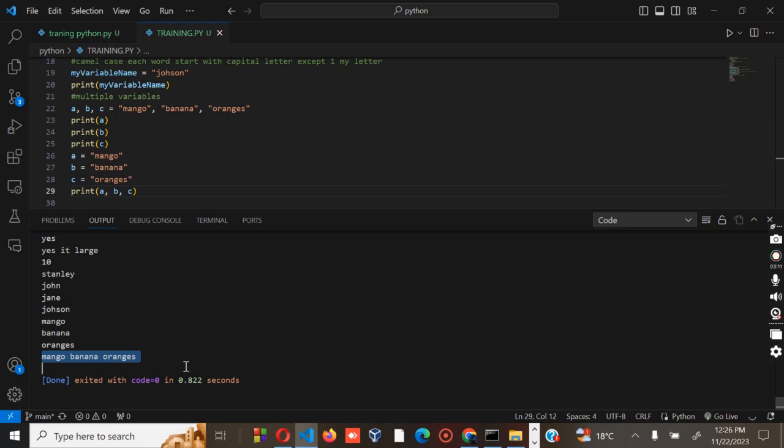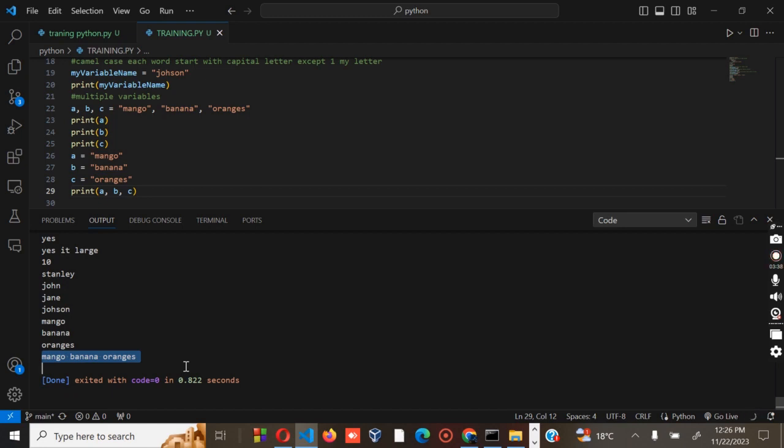All the words will be joined together. So to avoid that, you always use the comma to separate variables. That's very important to note.